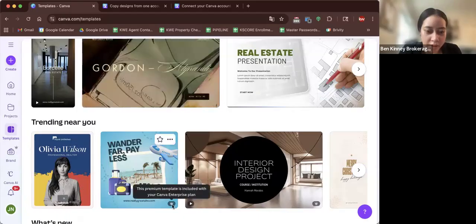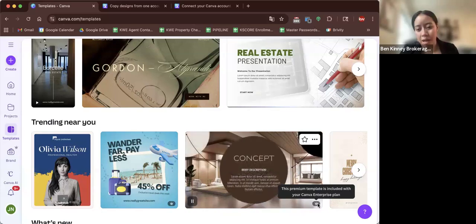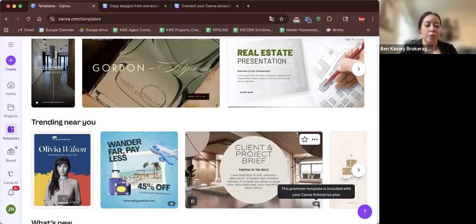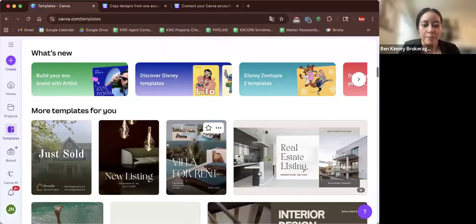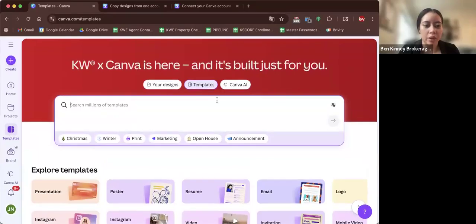So there's that crown right there. This premium template is included with your Canva Enterprise plan. So as long as you see that and it says it is included, if you hover over it, perfect. It's included. You could use it. You will have no issues downloading the project. You will have no issues exporting whatever the graphic is. Yeah. So if you go back up here, you'll be able to search all of the different templates in the